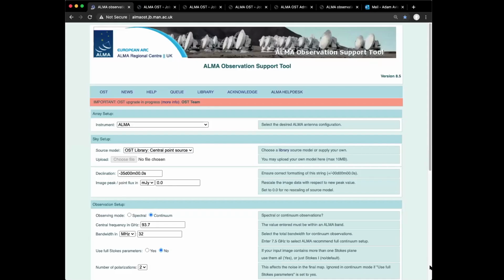Okay, you should now be seeing my copy of Google Chrome with the OST webpage loaded. So just to point out, this pinky red bar was the link to a news item, and that was just because we migrated the OST and upgraded it a couple of weeks ago, thankfully in time for this presentation. Okay, so let's go through a demonstration of setting up a very simple